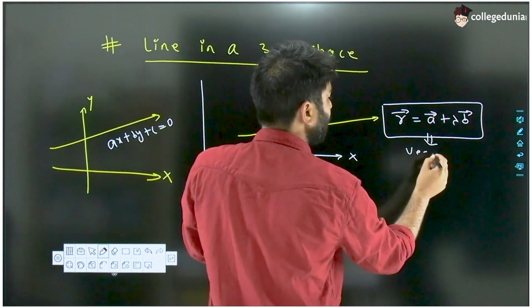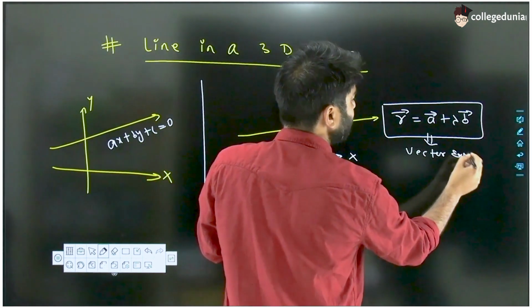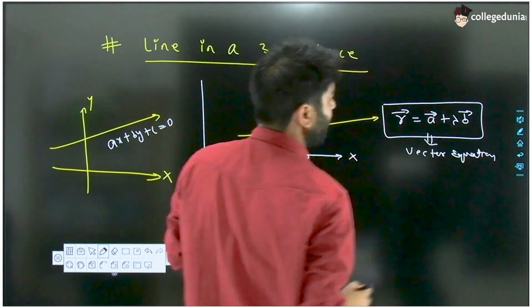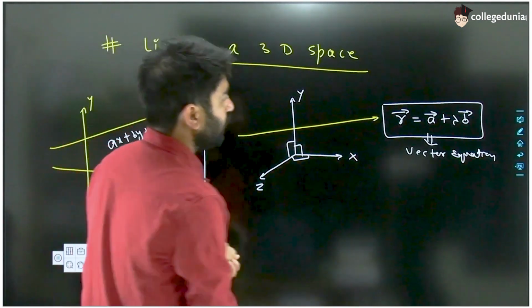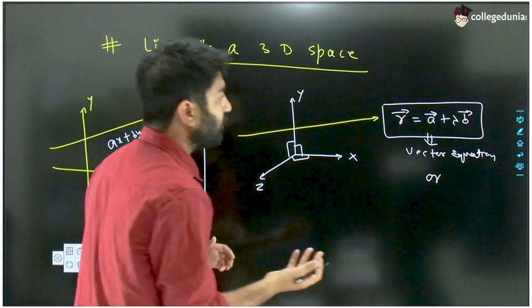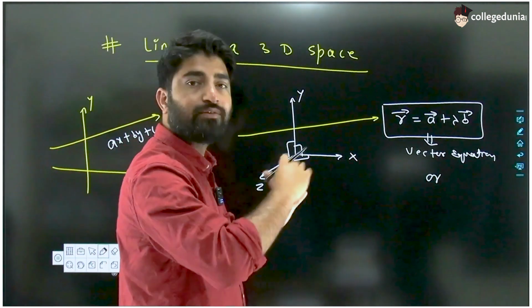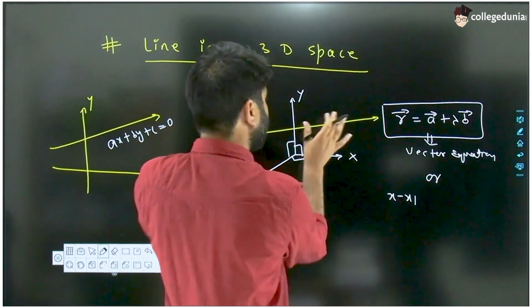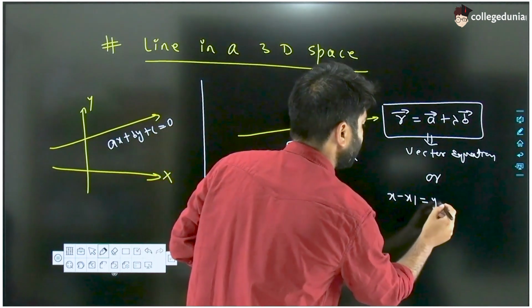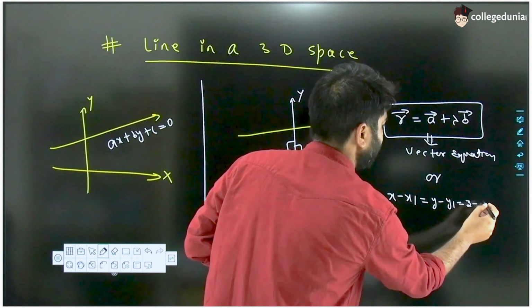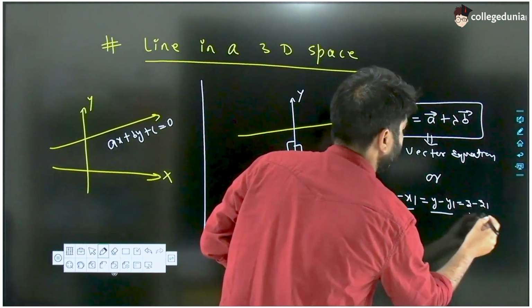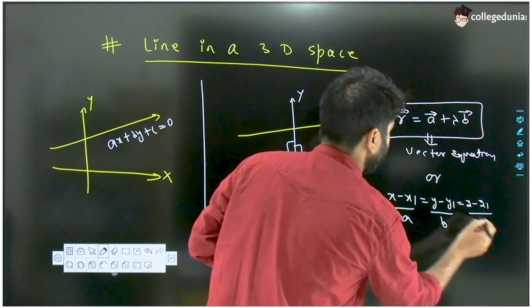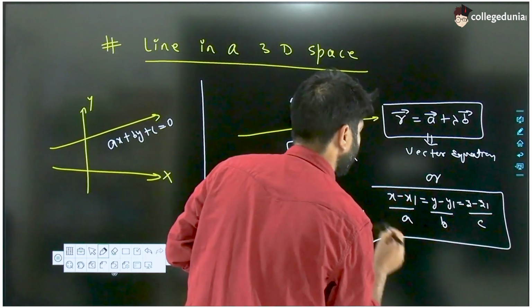So this is called vector equation of straight line in 3D. And this can also be represented in the form of x, y and z. And this line will look like x minus x1, y minus y1, z minus z1 upon a, b and c. And this equation is called